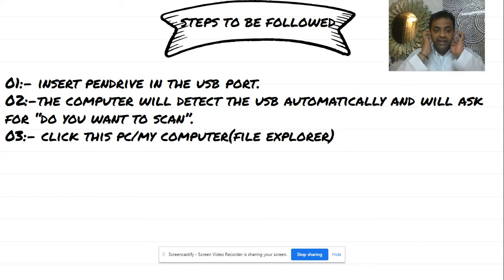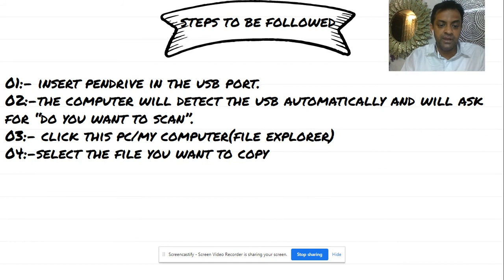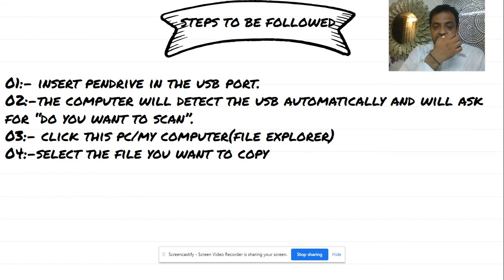Now, your entire data will be present on the drive, or sometimes the data is present on the desktop itself. So click on My Computer, this PC, or any data that is present on the desktop, just click it. Clicking means selecting that particular file on the desktop. But if the file is not present on the desktop, you go to My Computer, you go to C drive, you go to D drive.